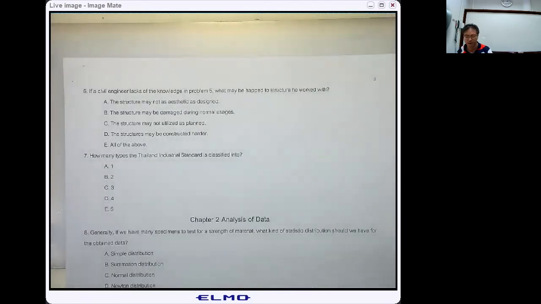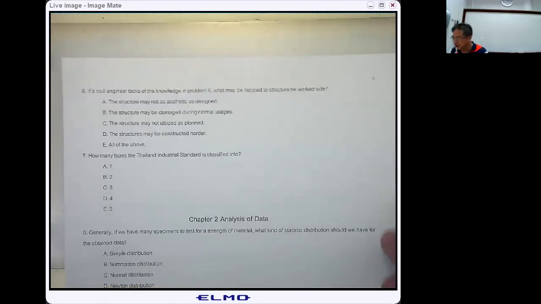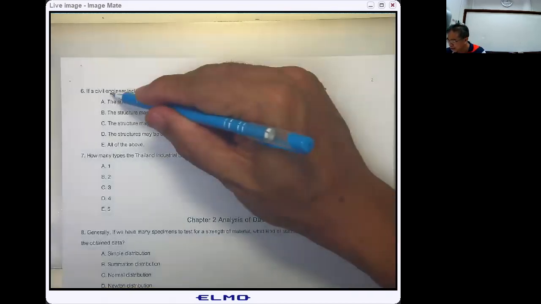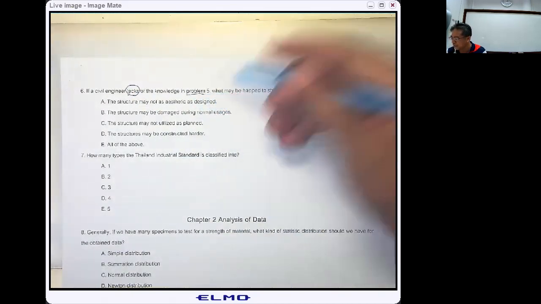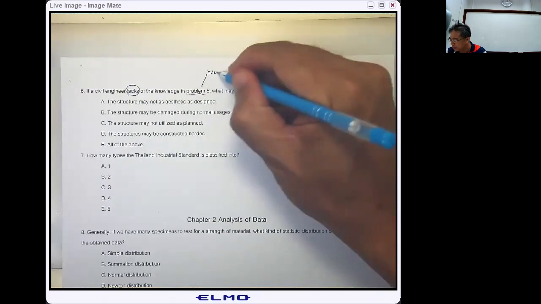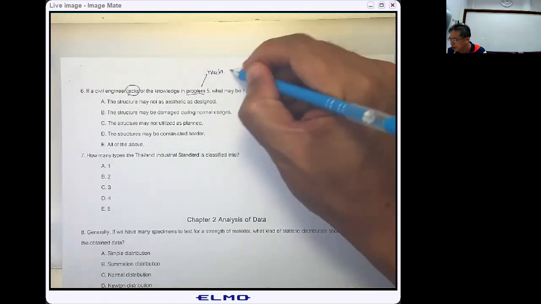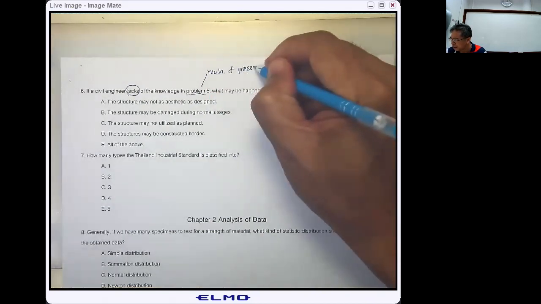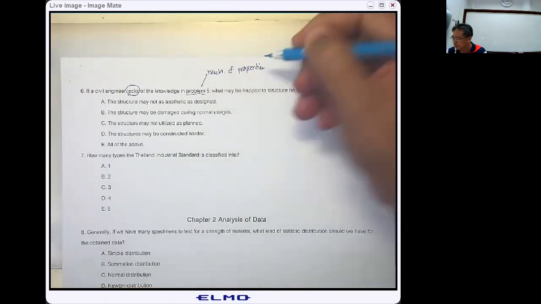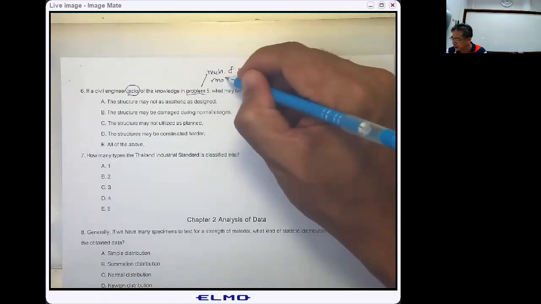Okay, that is still on chapter number 1. And then if you, as an engineer, lack the knowledge about the mechanical property, about the material testing, about the method of testing,